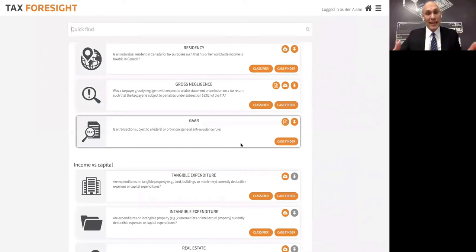So we've got a case finder. The case finder is awesome. For GAR, you can really find any GAR judgment that has just the attributes or relates to the provisions of interest that you want. You're going to make sure that you're not going to miss any GAR judgments if you use our GAR case finder. Sadly, we don't yet have the GAR classifier.